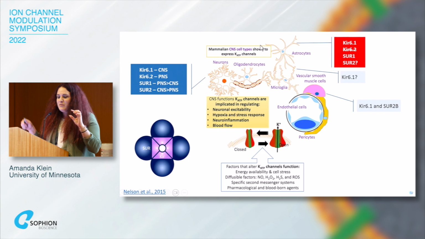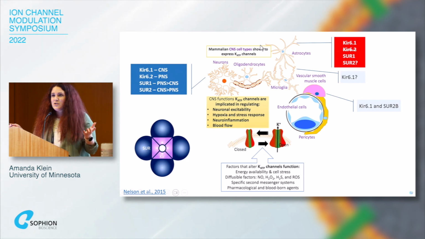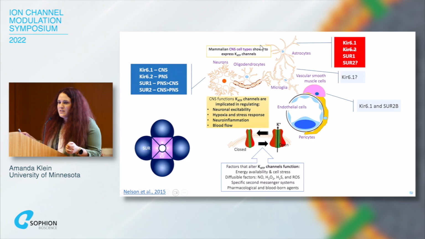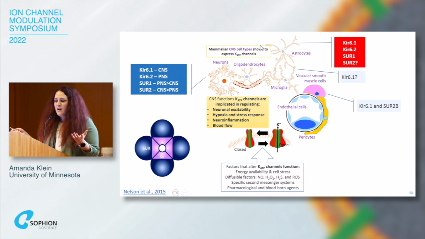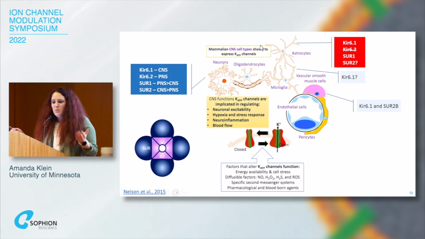I just want to let you know that KATP subtypes in the nervous system are a little bit more heterogeneous than what the review articles would let you believe. So in neurons, yes, it's true that Kir6.2 and SUR1 are expressed, but Kir6.2 appears to be more important in the peripheral nervous system, whereas Kir6.1 appears to be more important in the central nervous system, including the spinal cord. And SUR1, the regulatory subunit, is more prevalent and appears to be more important in the peripheral system over the central nervous system, and the opposite is true for SUR2.